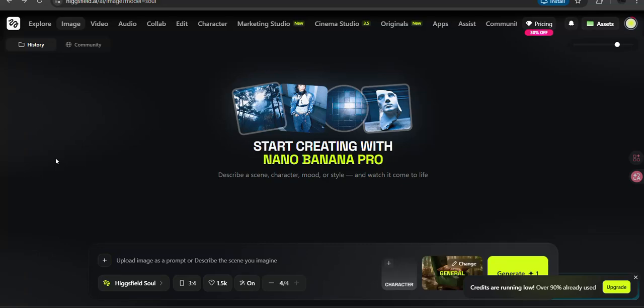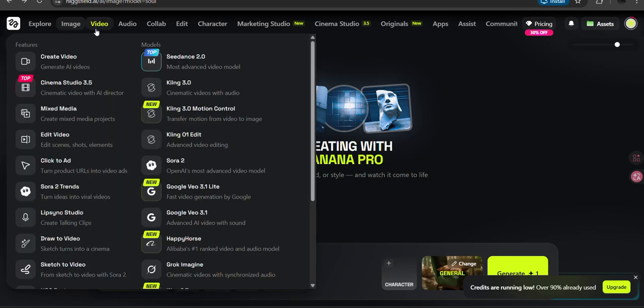How to create Earth zoom in effect in Higgsfield AI. So first of all, go to higgsfields.ai and make sure you sign in. So once you've done that, you'll have to hover to video and then select the first option that reads create